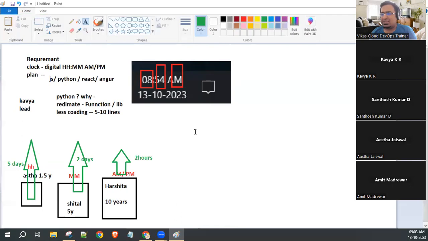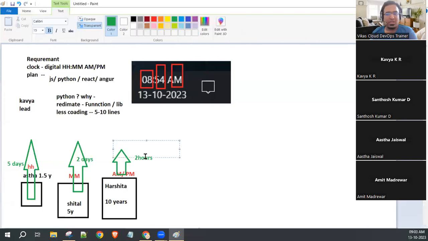That is 1 point. Second point: let's assume Harshita has written the work in 2 days. And after 2 days, she went on leave for the next 5 days. And the code is available only on Harshita's laptop. Again, it's a problem. Yes or no? Yes. Again, Sheetal or Astha have to wait for Harshita to come, and then everything is delayed because of Harshita.